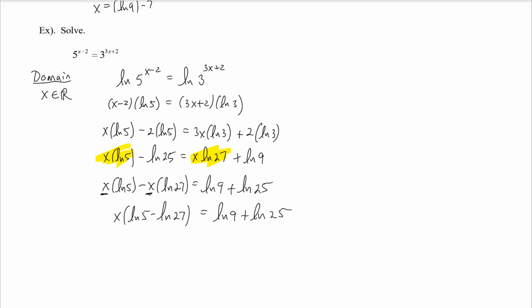I have two logs with the same base being subtracted, so this is x times natural log of 27 fifths. These two logs have the same base and are being added, so this is natural log of 9 times 25. That'd be 225. And then divide. So I get x equals